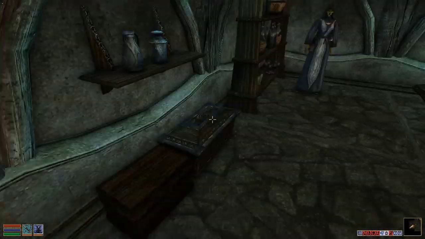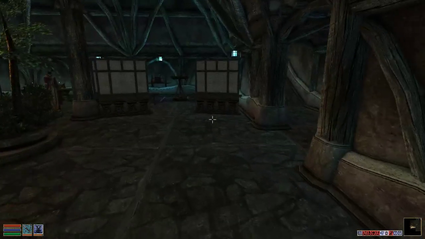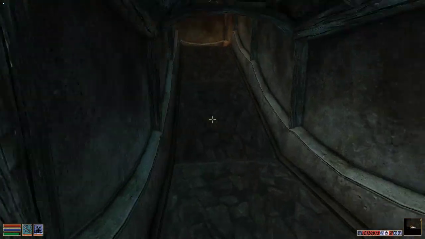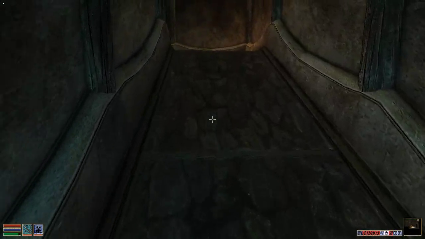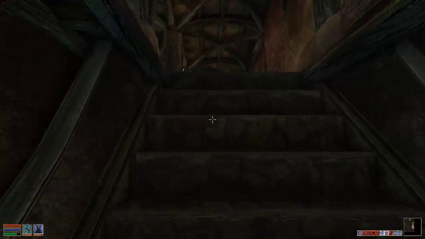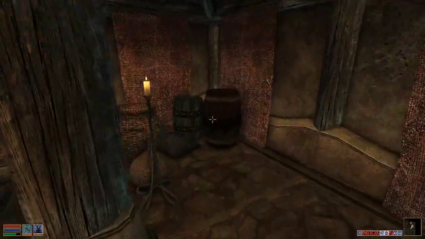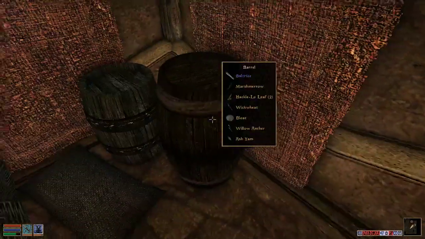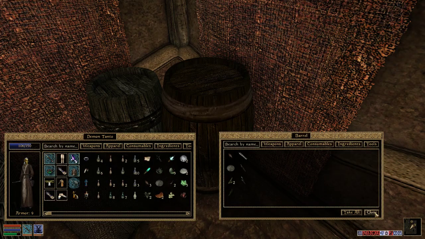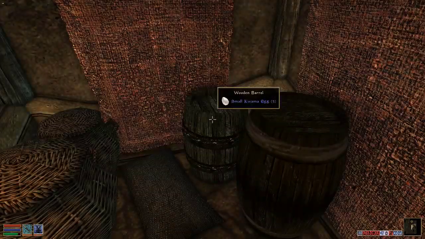Basically, it doesn't work on locked containers, but anything else, if we look at the container, it'll show us what's inside, which is very helpful. And you can loot it without actually entering the container. So this is empty as well. For example, this, you see, it shows it here. You can still do it normally, so it's not that you can't. But if we do want those Kwama eggs, we can just